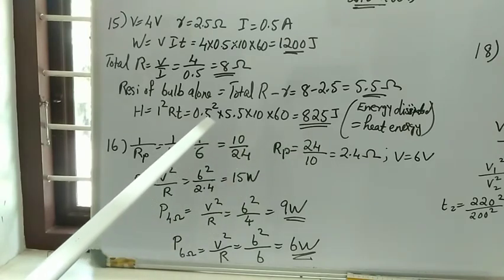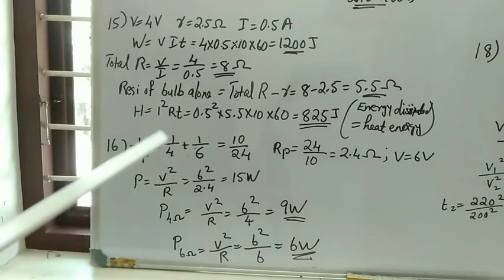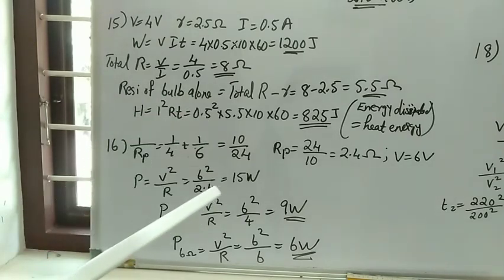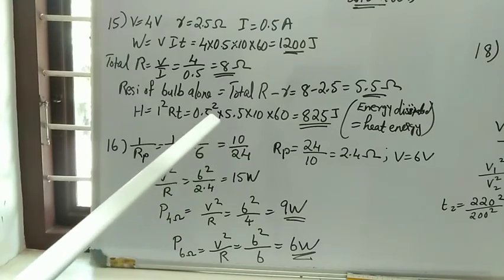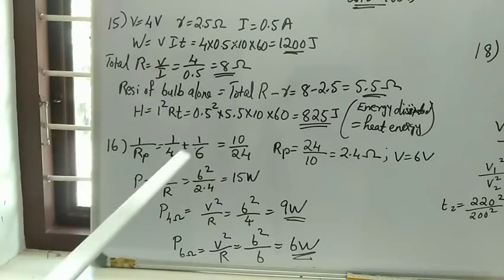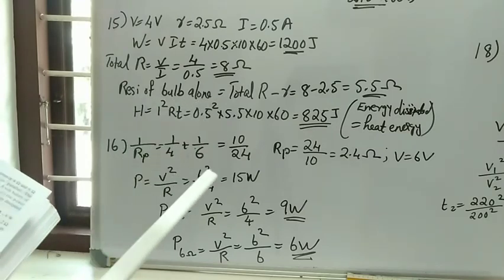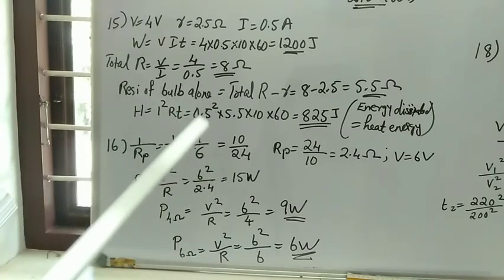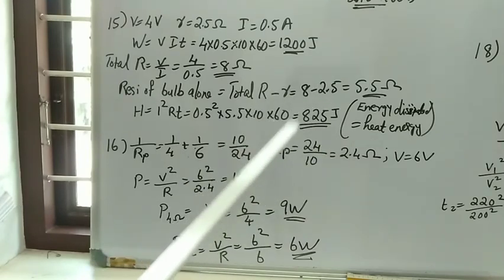Now the third question is the energy dissipated. What do you mean by dissipation of energy? When one form of energy is converted to another form, a small amount of energy is lost to an undesirable or wasted form. That is called dissipated energy. In the case of a bulb, when we switch it on, the purpose of the bulb is to give us light energy. But an appreciable amount of energy is wasted in the form of heat. So here the dissipated energy means heat energy.